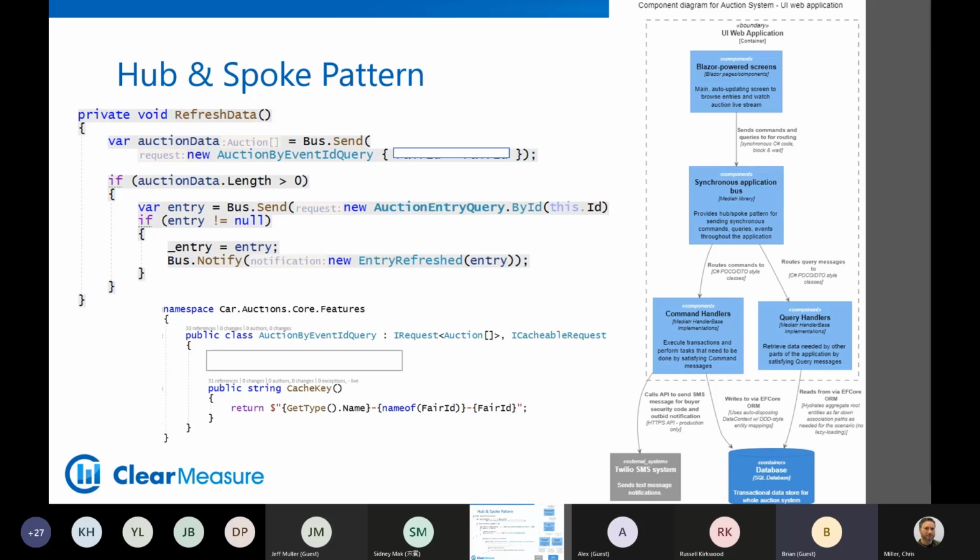Whereas using repository interfaces causes many, many, many interfaces to be injected into your Blazor components, and it also creates a lot of touch points from the front end to the back end, hindering instrumentation, hindering caching, and hindering other cross-cutting concerns. But if you use a hub and spoke pattern, then for your entire Blazor application, you create that pinch point. So everything going from the user interface to the back end of your application goes through the same abstraction. And now you can have other code that observes everything that people are using your application to do. The diagram on the right kind of shows that.